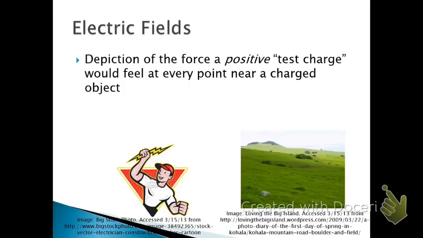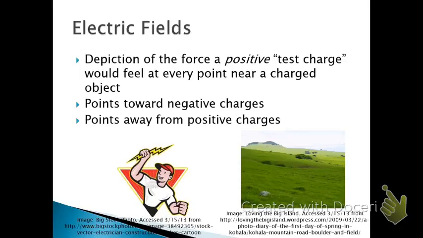Well, electric fields are really similar, except they describe what a positive test charge would feel. And this is just convention. Scientists were like, well, it's not as easy with gravity, because with a mass, all I can do is either have mass or not. With charges, you could have a positive charge or a negative charge, so they landed on positive. So electric fields, as a result, point toward negative charges, because positives are attracted to negatives, and they point away